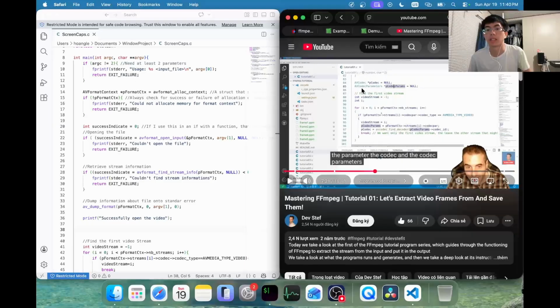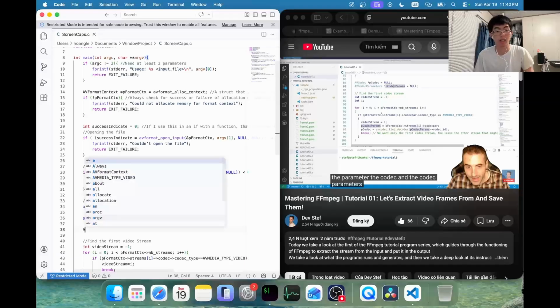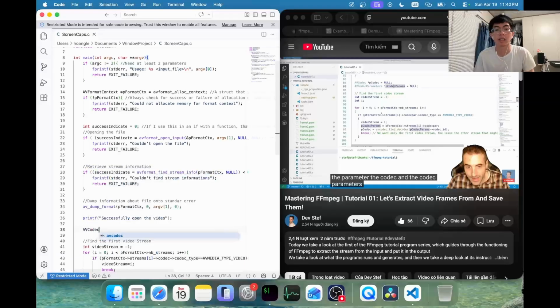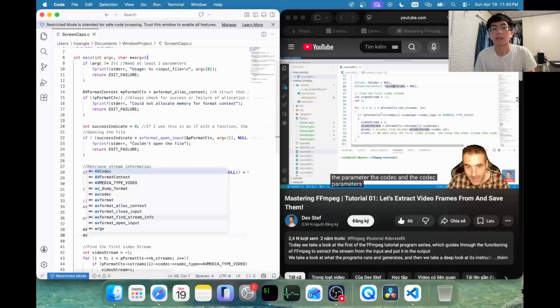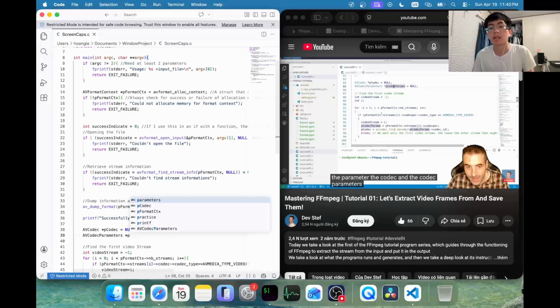AVCodec, pCodec equal null, AVCodecParameters, parameters with an S, right? Parameters with an S, pCodecParameters, codec param equal null,